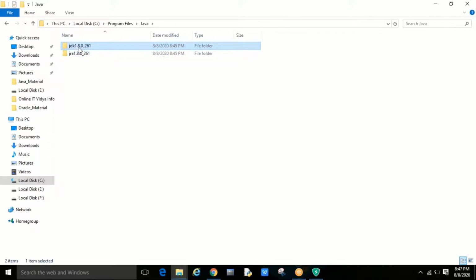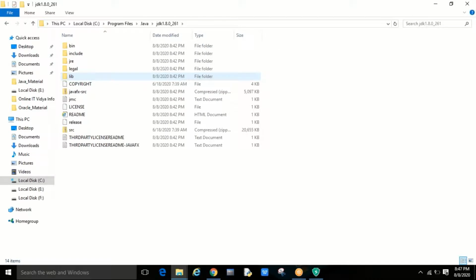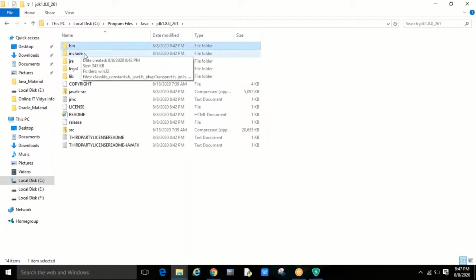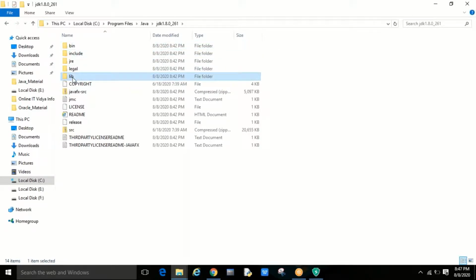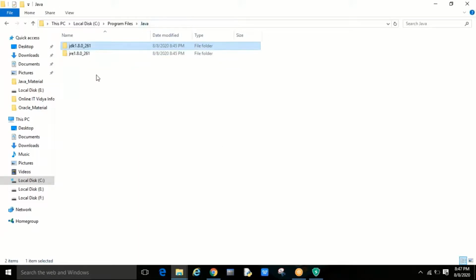JDK is the Java Development Kit, the complete kit with binary files and lib files, which is mandatory for us now. Don't think about JRE; we won't touch anything or set any path for that.